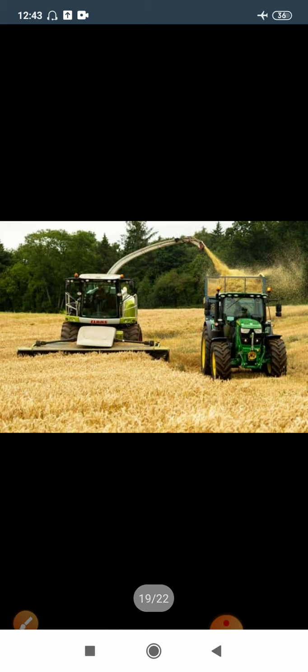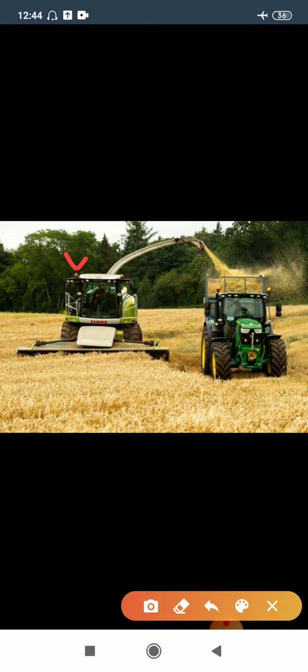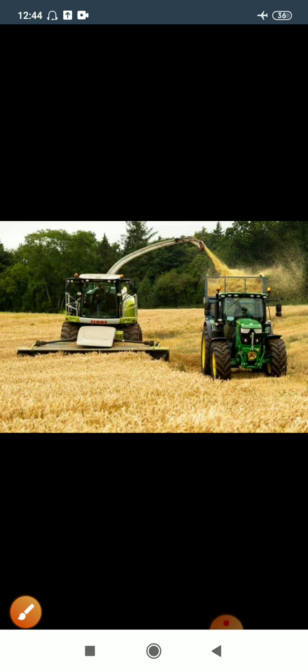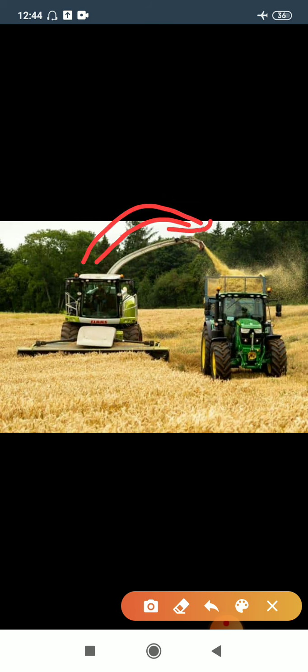Now in this picture you can see the harvesting method is used. Okay, now when the crop matures, after that the harvesting method is applied. You can see here two different types of machines working on the harvesting process. Okay, you can see here this harvester is separating this husk from the ground, and with the help of this pipe the husk and the grains were transferred into a different machine.